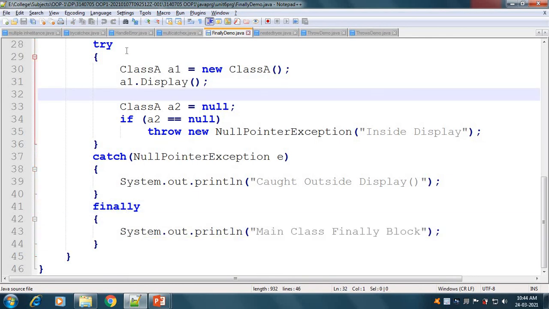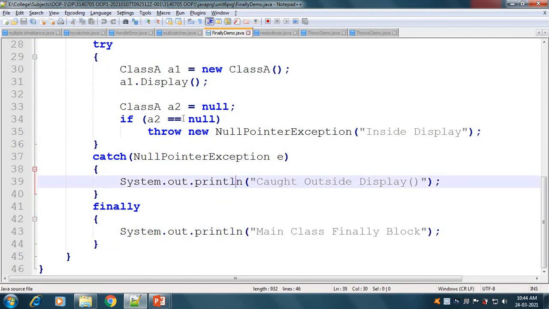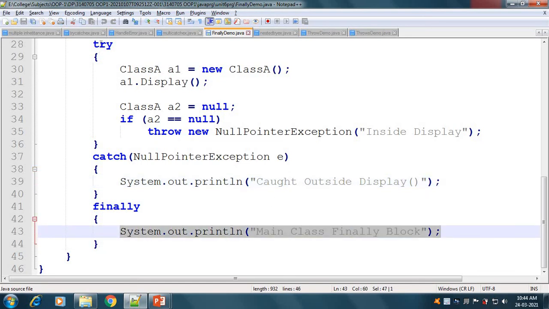Okay, if any error is there, then the finally block is executed. If an error is not there, then also our finally block will be executed. We can write only try and finally, or try, catch and finally, or just try and catch, and all of these are available in this syntax.